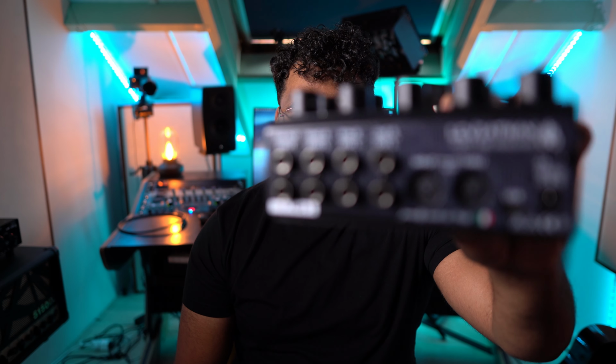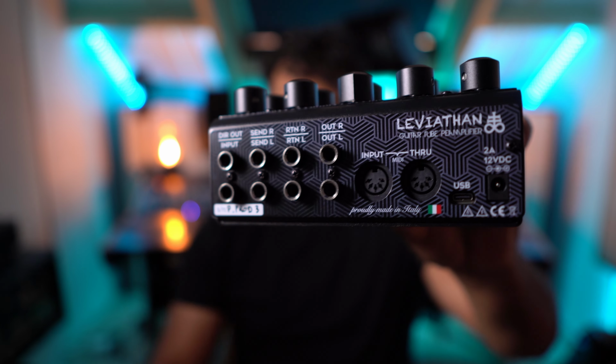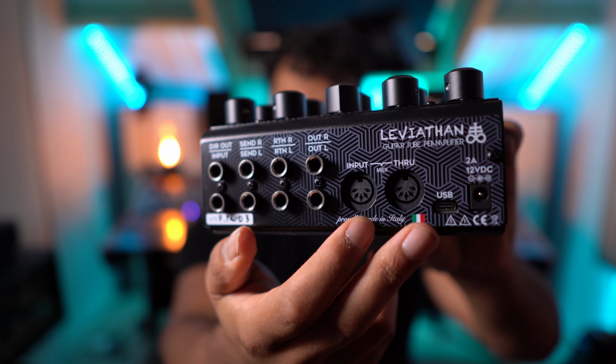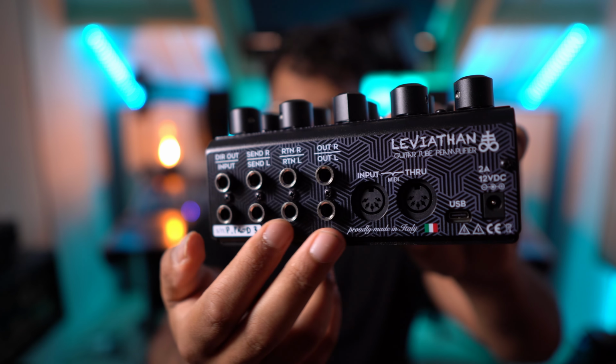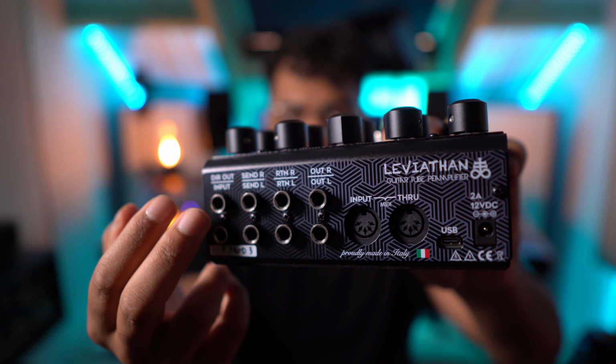I'm not sure if you can see it here right in the back. As you can see over there. Like I said, MIDI controllability. We have the USB port. Left and right out, direct out, so you can connect it to a power amp. All in all, a lot of functions